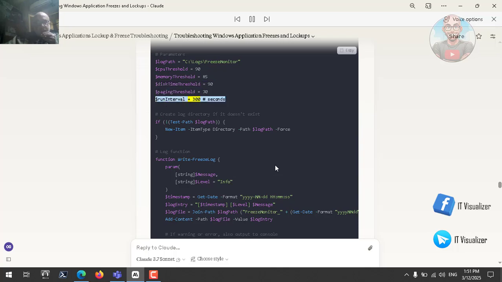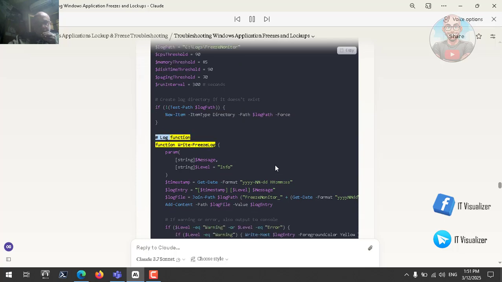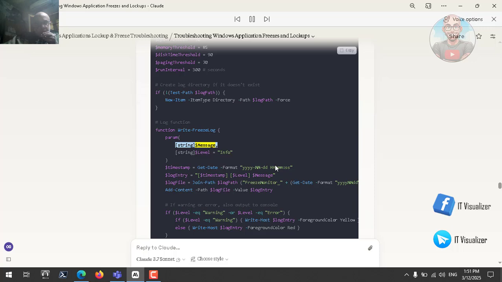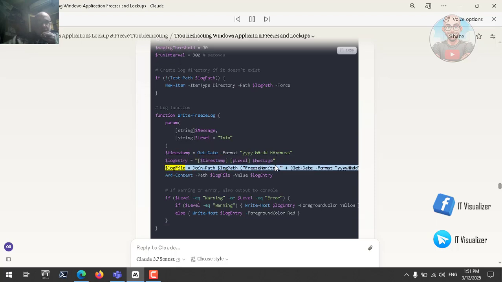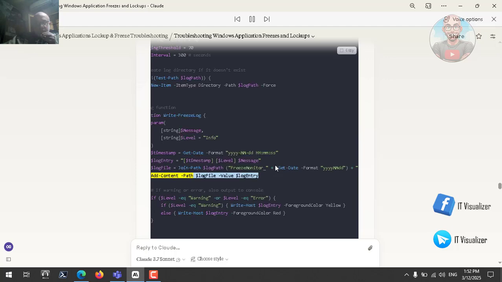$runInterval = 300 # seconds # Create log directory if it doesn't exist if (!(Test-Path $logPath)) { New-Item -Type Directory -Path $logPath -Force } # Log function function Write-FreezeLog { param([string]$message, [string]$level = "INFO") $timestamp = Get-Date -Format "yyyy-MM-dd HH:mm:ss" $logEntry = "$timestamp [$level] $message" $logFile = Join-Path $logPath "FreezeMonitor_$(Get-Date -Format 'yyyyMMdd').log"